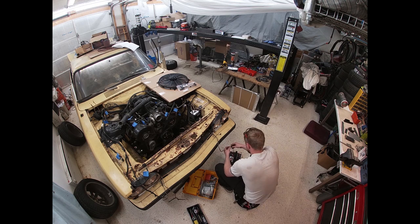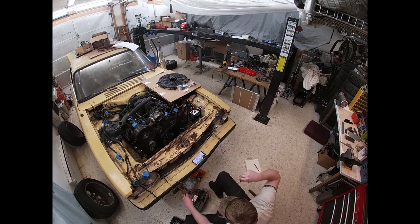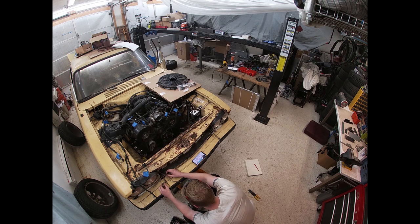Here you can see Keaton working on wiring for the front lights. And we'll be using the Mustang switch to run the Capri lights. Anyway,